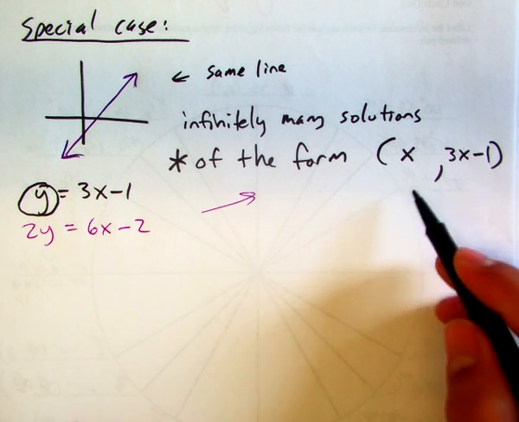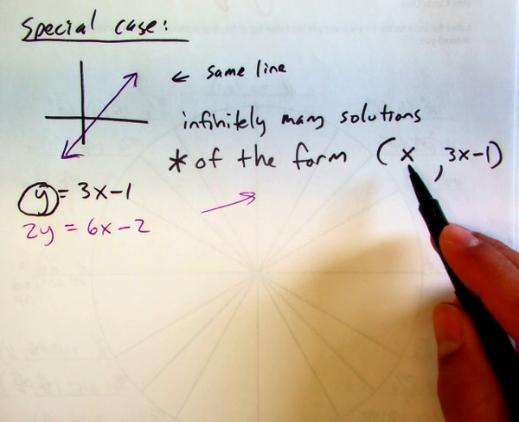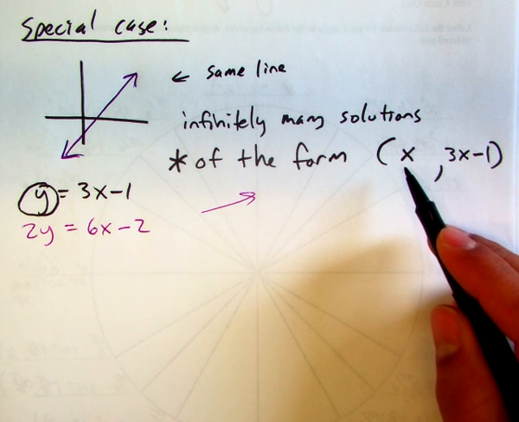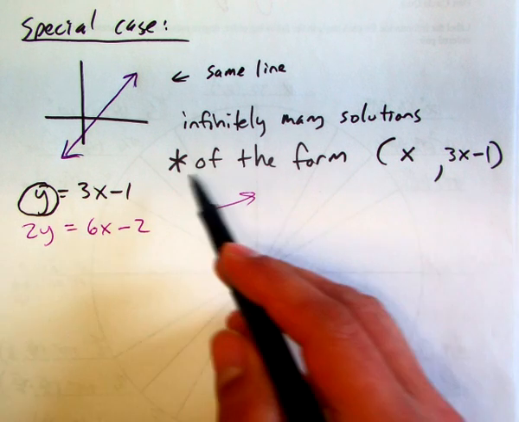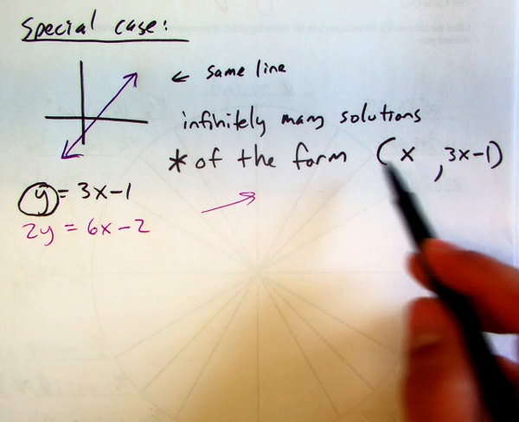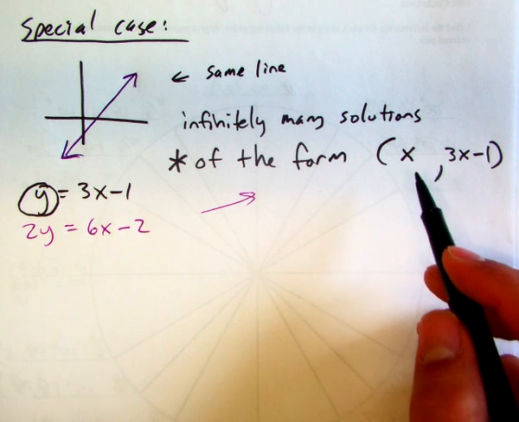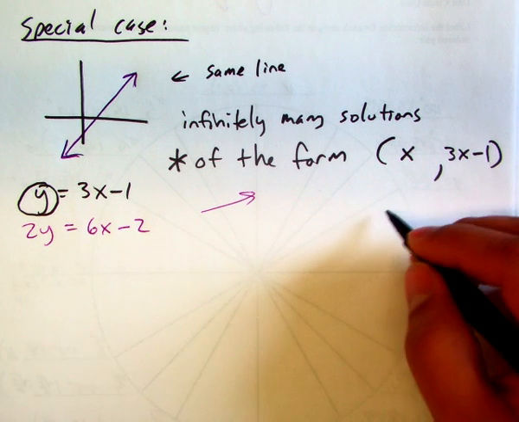How many variables do you see in your ordered pair here? 1 variable, mainly what? X. So the idea here is whenever there's infinitely many solutions, you're going to write out what the points look like, but describe everything in terms of 1 variable. Okay, so what this means now is for any x,